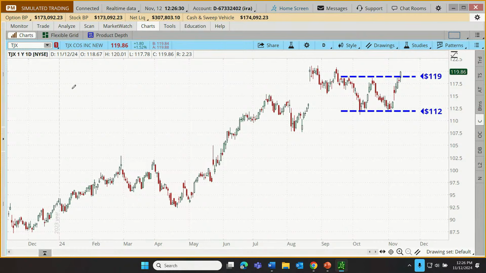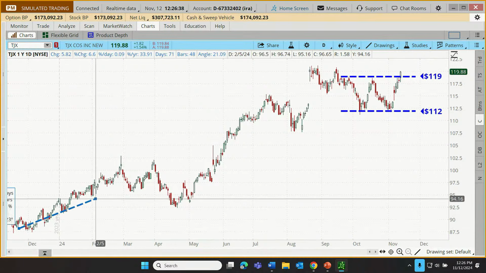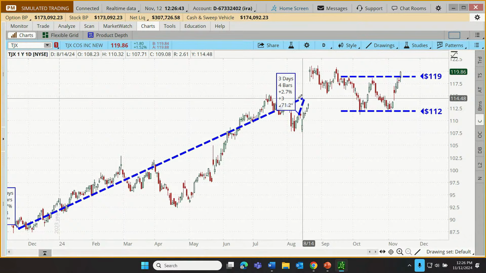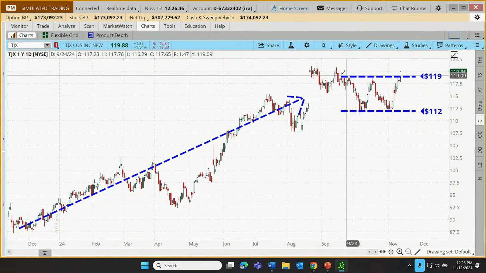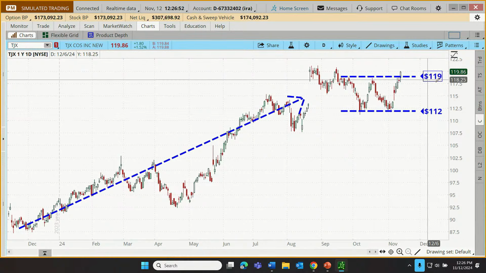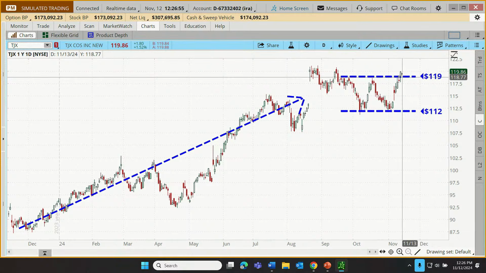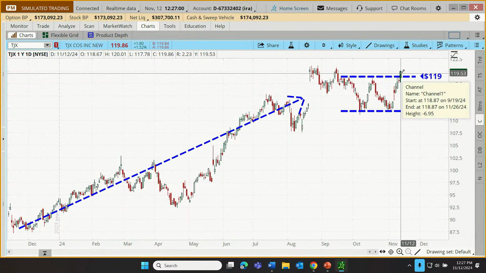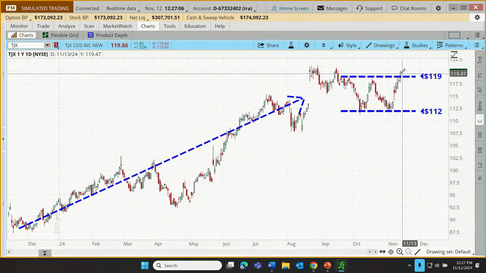Absolutely. So TJX, what has been the trend? What is the setup for this trade? Well, pretty much all year, the stock has been going up. More recently, though, it settled into a sideways pattern, just trading back and forth between support and resistance, support being right down here around 112, resistance being around here 119. And I'm very happy to say, because whenever I choose my examples, I never know what they're going to do between the time that I choose them and the time that I go live and actually do the webcast, this one's cooperating. You'll notice it's pushing up through that resistance.